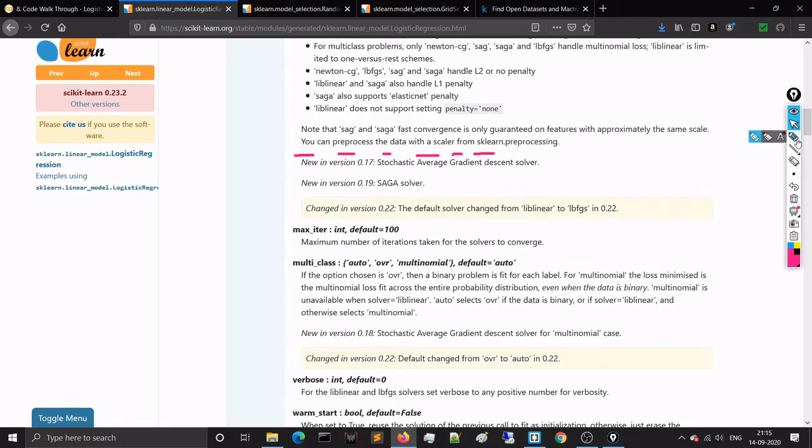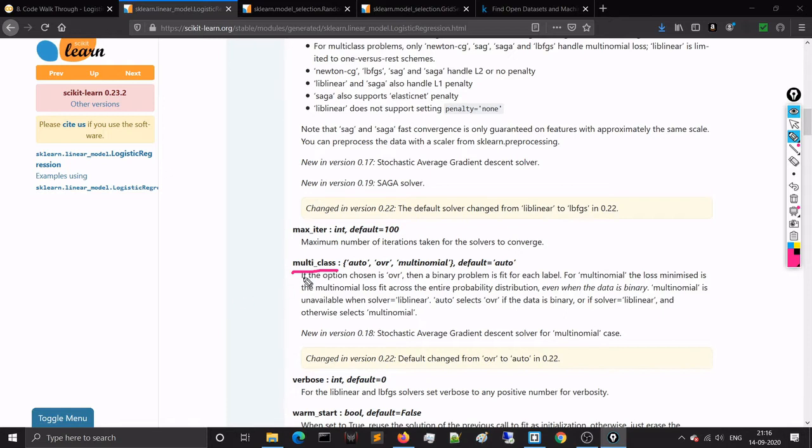And yes, multi-class, that's one important thing. Logistic regression is basically for binary classification, but I have shown you that using a particular hack you can use logistic regression for multi-class classification also. At that time I also told you that there is a particular parameter in the scikit-learn logistic regression class that you can use to easily do multi-class classification.